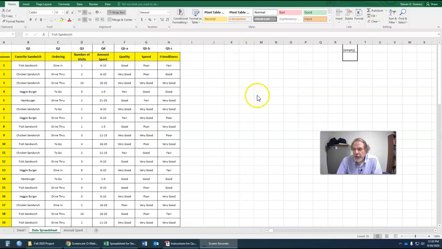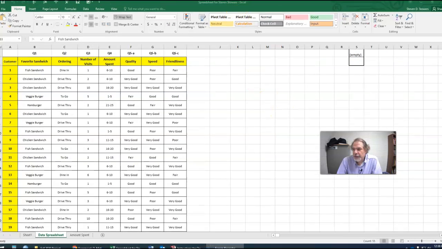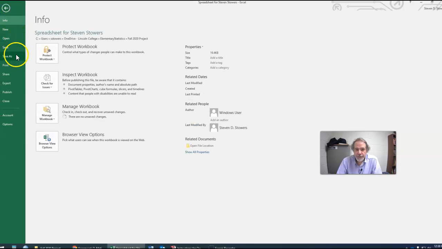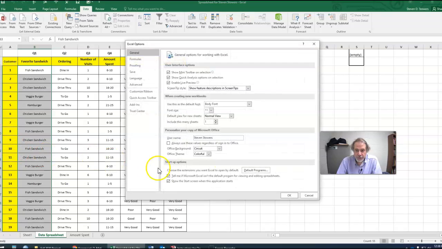So here I'm installing the Data Analysis Toolpak for Excel. I'm selecting the Data tab, and it's not already installed. So I'm going to click on the File tab, click Options, click on Add-ins,